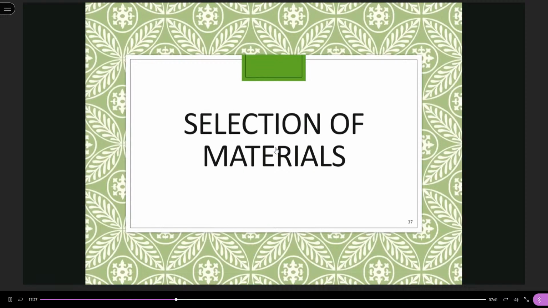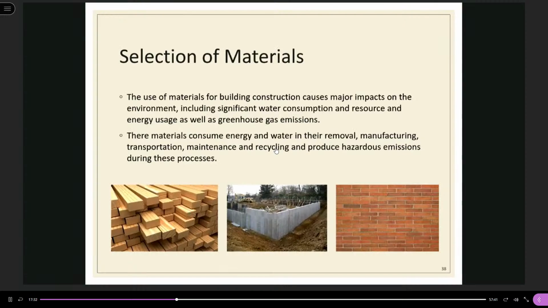Selection of materials. The use of materials for building construction causes major impacts on the environment. So you can imagine how much material we have spent on the building. And the energy not only